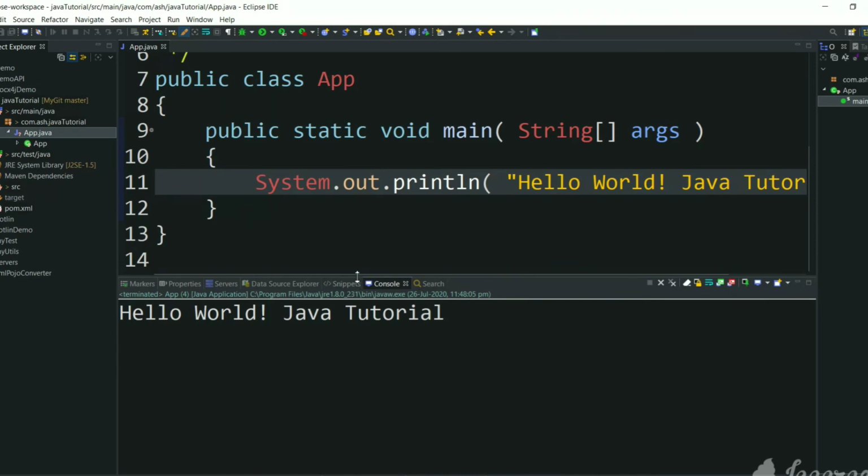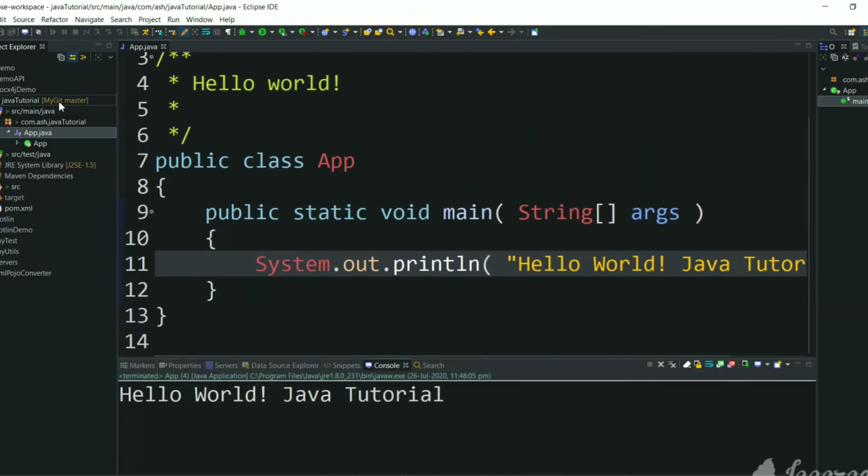So this is the hello world program in Java language, and this is how we will create a Java project